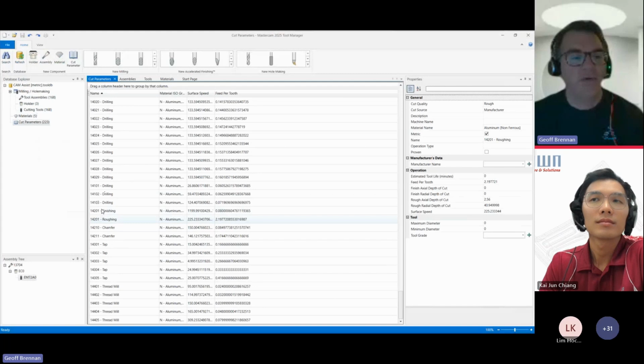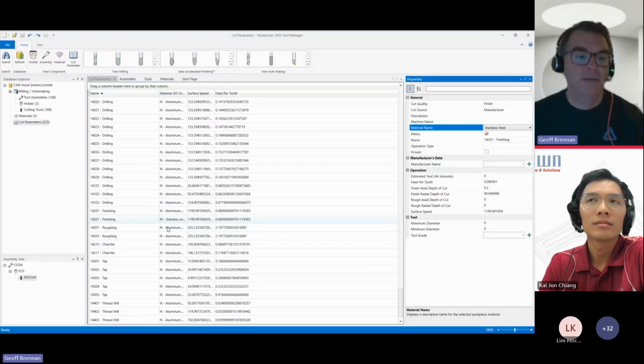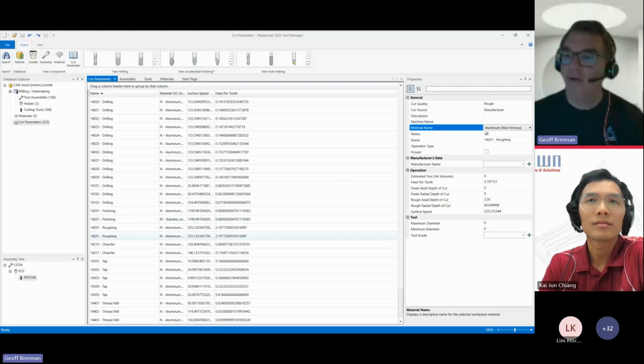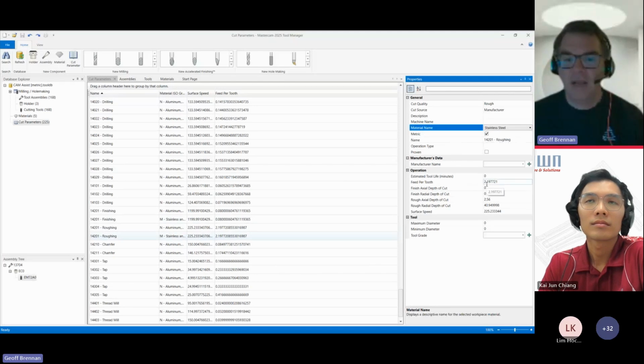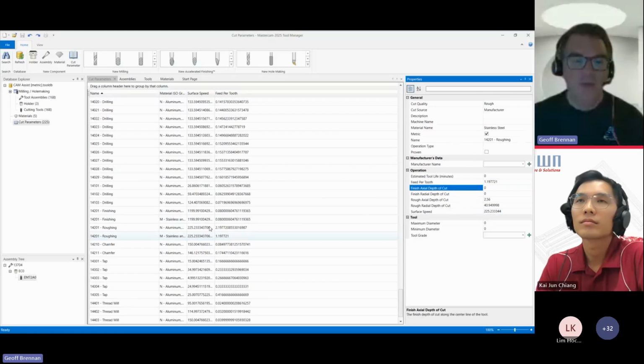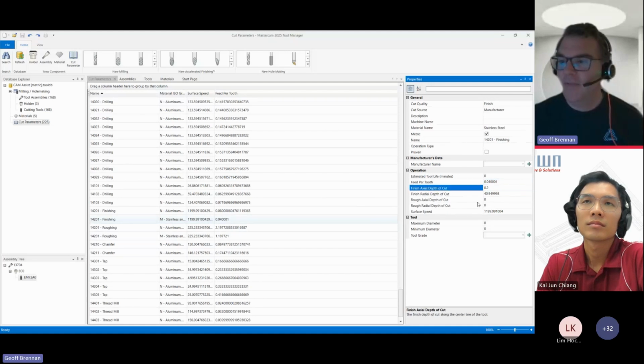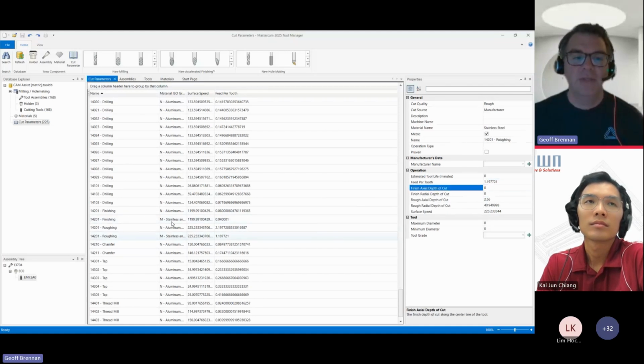Let's say we wanted to take that tool in our own library and have it use that for a different material. We could duplicate that finishing and the roughing as well. And then we'll take the material, switch this to stainless. Same over here. And then we can put in our tool vendor recommendations here for feed per tooth. We'll just make it kind of coarse. And the same thing on finishing, just kind of roughly by half. And then CamAssist will take those variables.